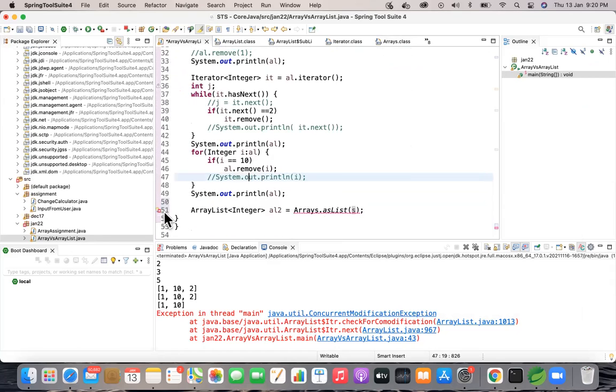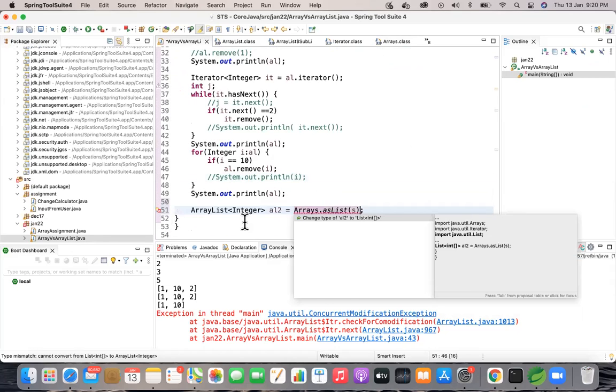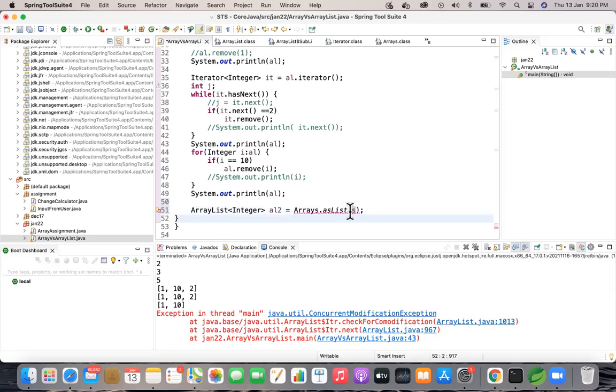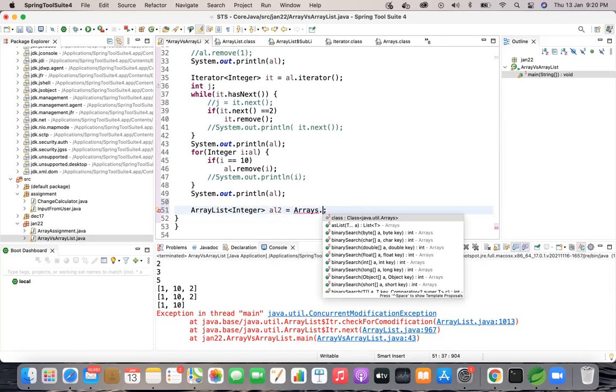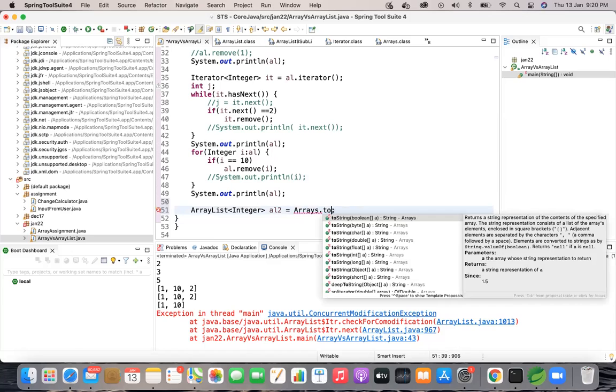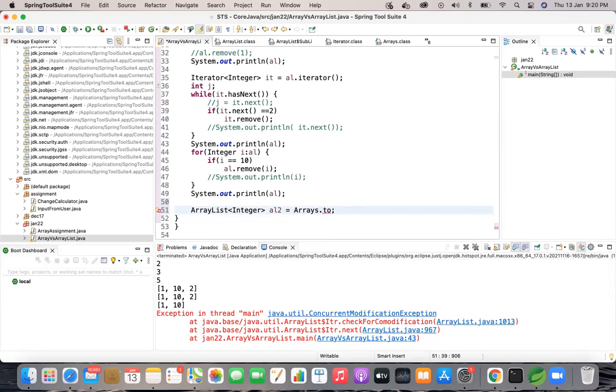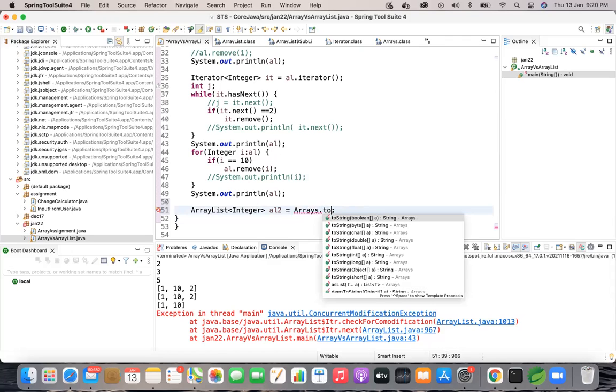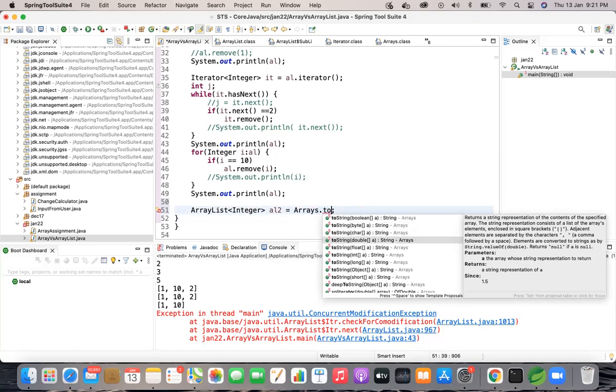Now, instead of asList, can you give toArray? Remove asList and give control space. Arrays dot to. Scroll down. That's fine. Very bad at remembering the class names. So string we have.